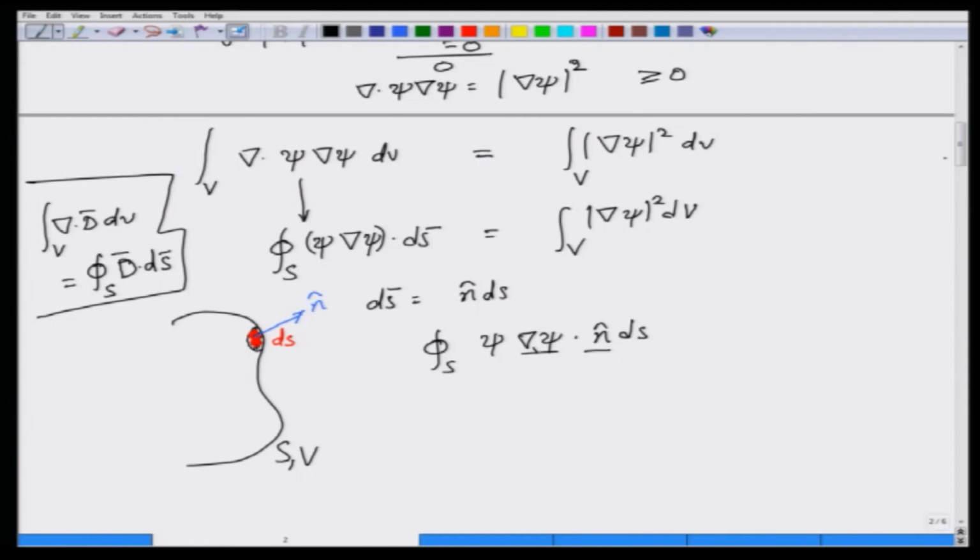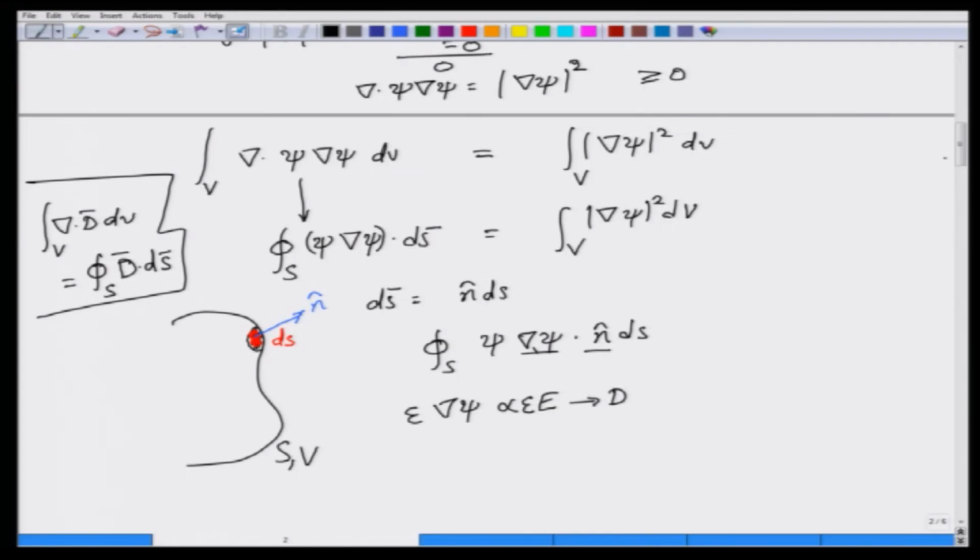If you recall what this del psi is, del psi is essentially the electric field, it is proportional to the electric field. There is a minus sign somewhere, but that is not really important for us. What is important is that this del psi is proportional to E, and in a situation where I am considering the material medium properties to be described by a constant epsilon, then if I multiply this by epsilon, what I get is epsilon del psi to be epsilon E, which is nothing but the flux density D.